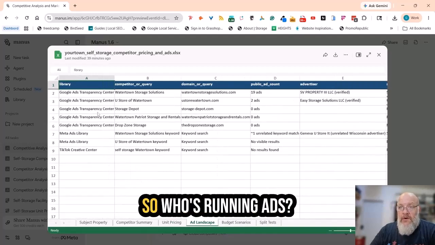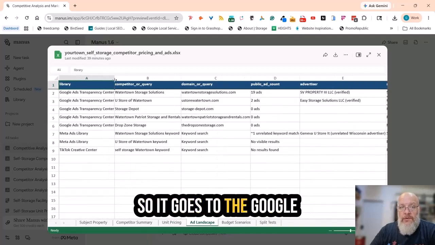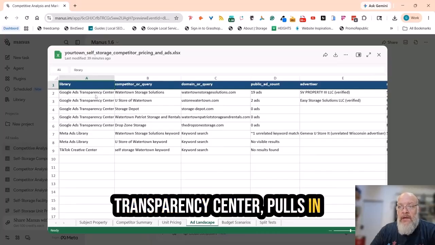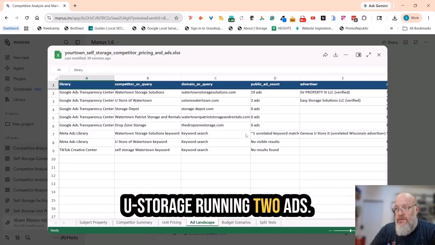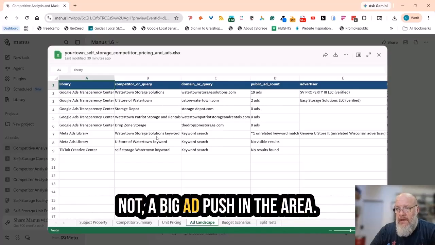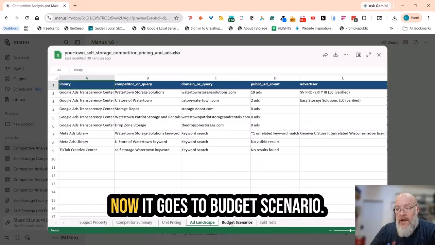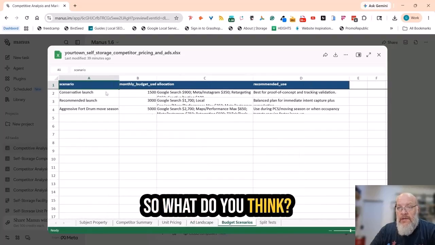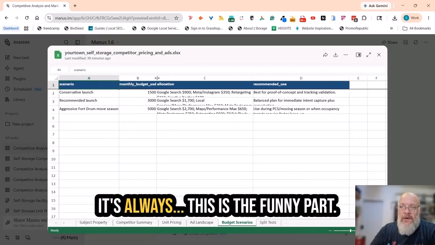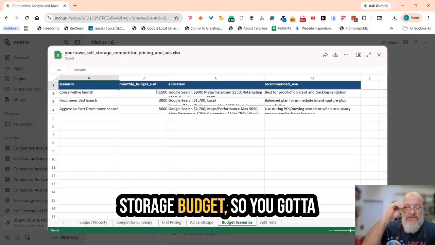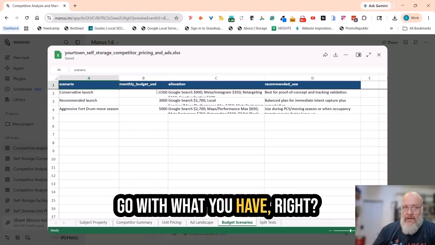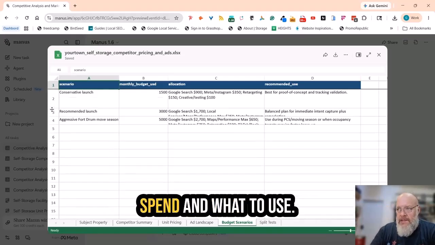Ad landscape. So who's running ads? It goes to the Google Ads Transparency Center and pulls in the Google Ad Transparency data for these different competitors. They're running 19 ads. U-Store's running 2 ads, so not a big ad push in the area. Now it goes to budget scenarios. So what do you think? A conservative launch, 15. This is the funny part: it doesn't take into consideration storage budget. So you've got to go with what you have, right? It tells you what to spend